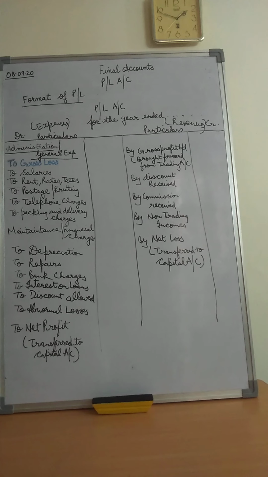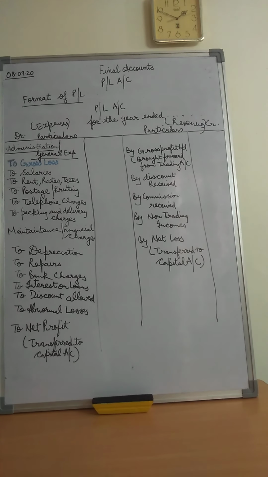The third thing it includes is the financial expenses. What are they? They are the expenses which are incurred for obtaining funds to carry out the business, such as discount allowed, interest on loan or debentures, any kind of discounting charges on the bills, bank charges. All this becomes part of the indirect expenses under the head of financial expenses in the P&L account debit side.